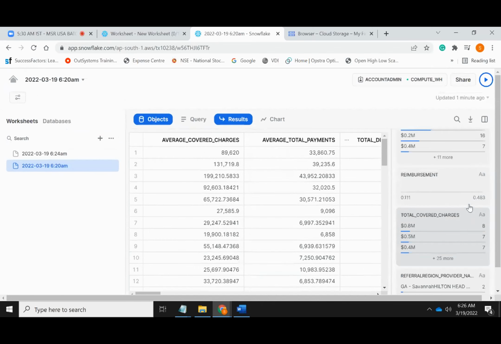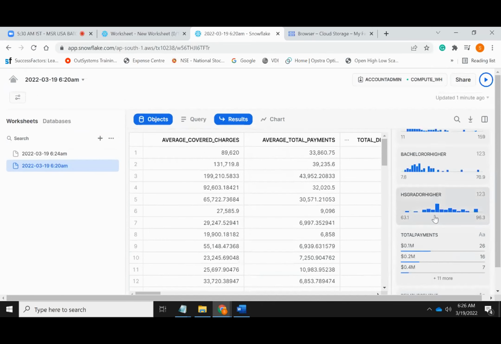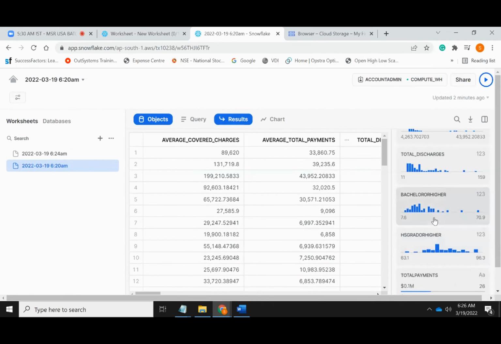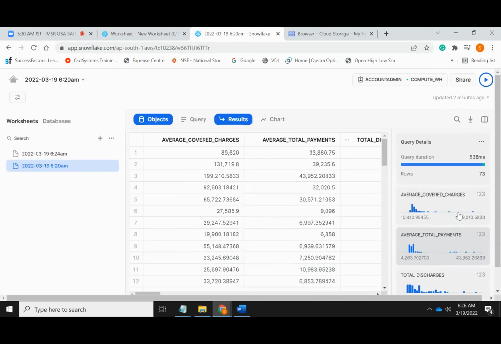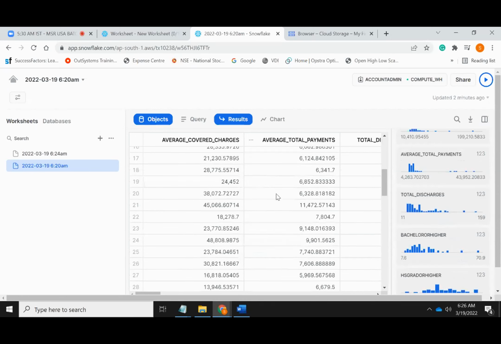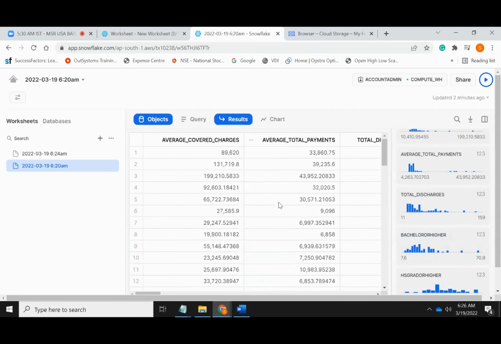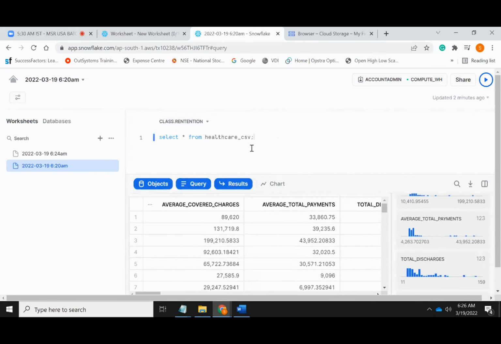So total covered charges, reimbursement, and some other information. Total discharges in this range, 11 to 159, and then average payments. What is the average payments, and the average covered charges; these are the details related to that particular data, right? So let's say, for example, if you want to come to the query,